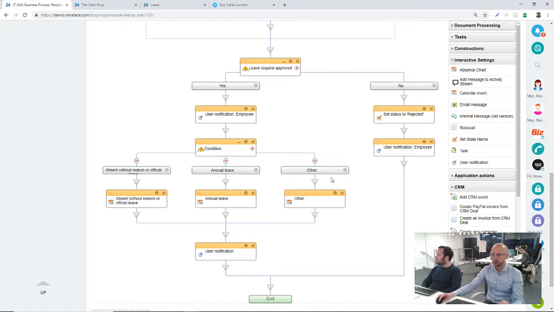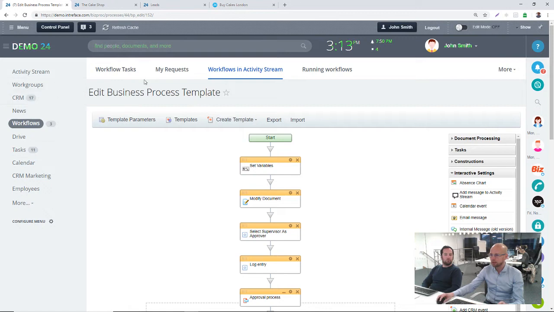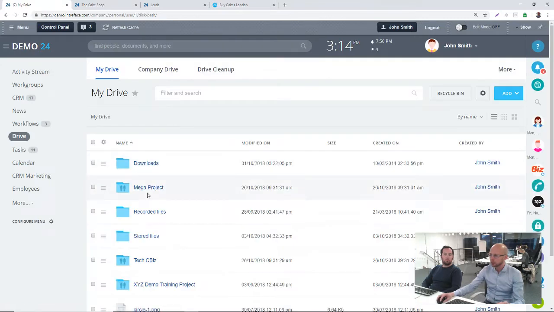There's a condition depending on the type of leave that they've requested. So I think in the standard form you can request annual leave, or you can say sick leave or business trip, things like that. So that's the first area you find workflows. Second one will be in the drive. So if we go into